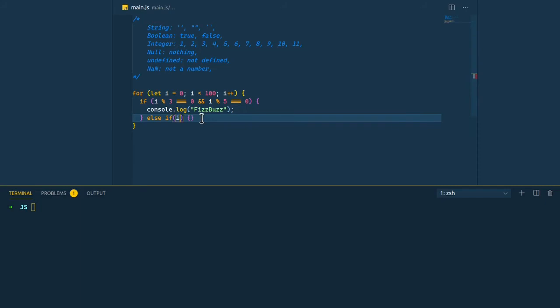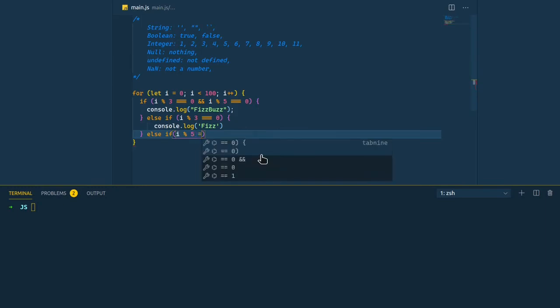So now else if only i mod 3 is equal to 0, then console dot log fizz. Again else if now only i mod 5 is equal to 0,